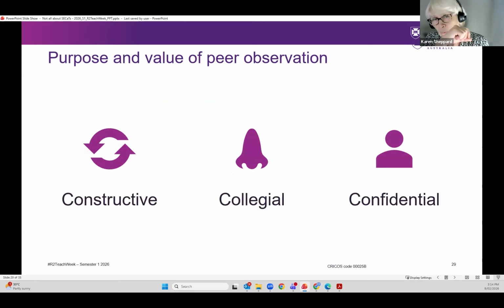So when you as the teacher are reflecting on both maybe your CCATs, but also on the actual process of peer observation, you can build some evidence around it, and you can build that narrative that Christy was talking about earlier. So you're building a narrative around what it is you do in the classroom, and how you can evidence what that looks like from a student's perspective, but also from a peer's perspective as well.